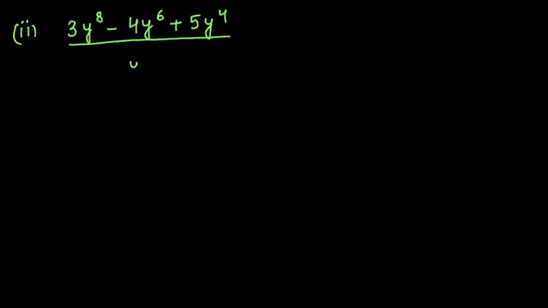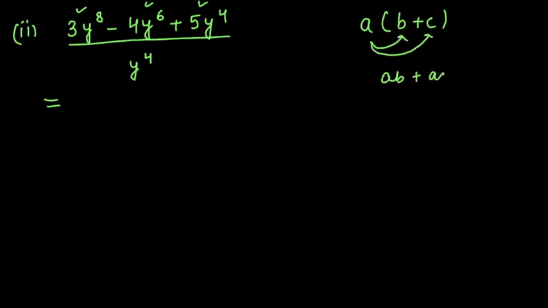Now, to divide it with y raised to the power 4. Again, you see there are three terms in the numerator, and we have one single term in the denominator, right? As in multiplication, if I write a into (b plus c), when we open the bracket and expand it, we multiply a with all the terms inside the bracket and write ab plus ac. We say this a is equally shared with all the terms inside the bracket. Similarly, in division, this y raised to the power 4 is equally shared with all three terms, right? So we cannot divide it till the time we take something common.